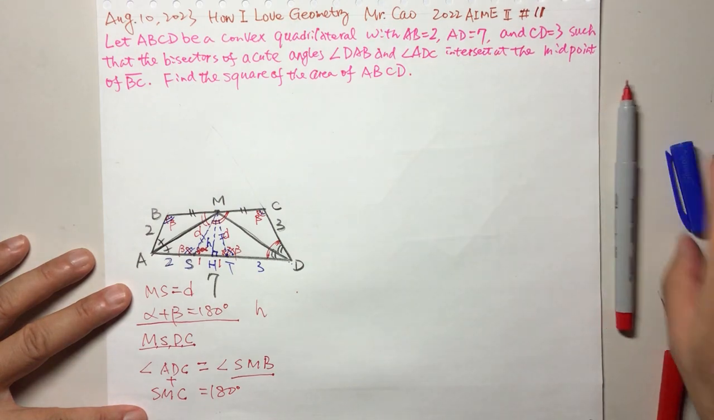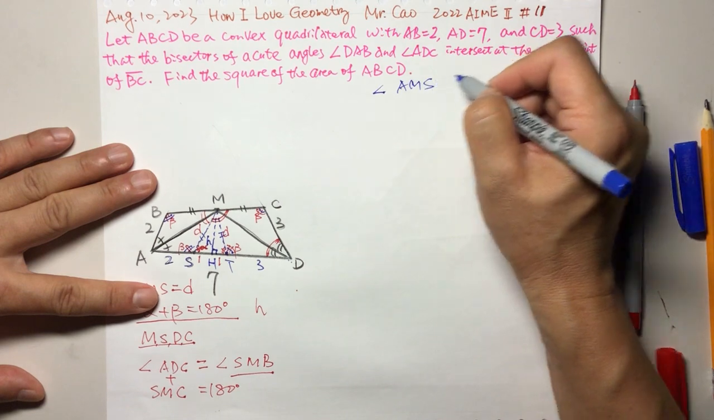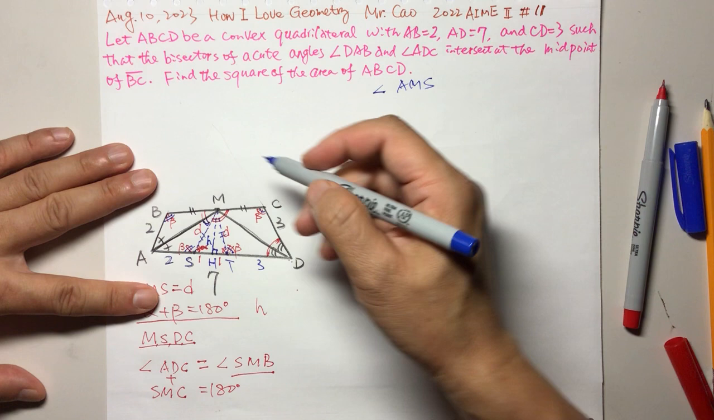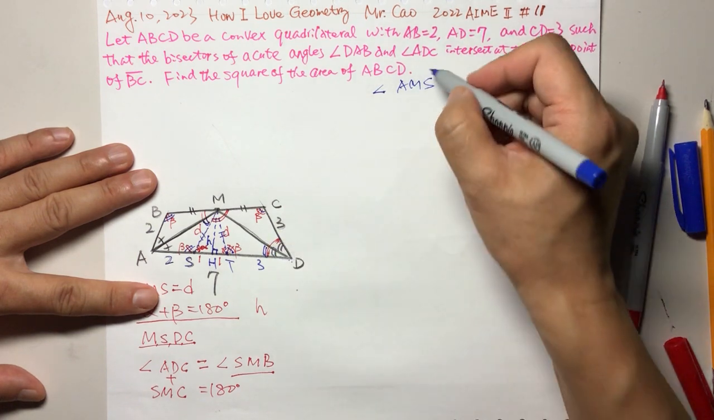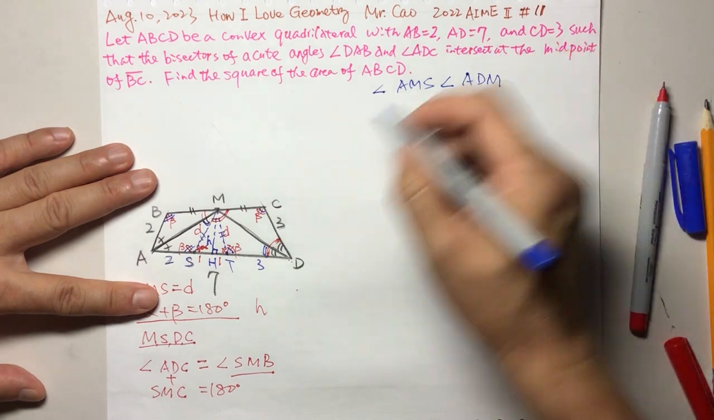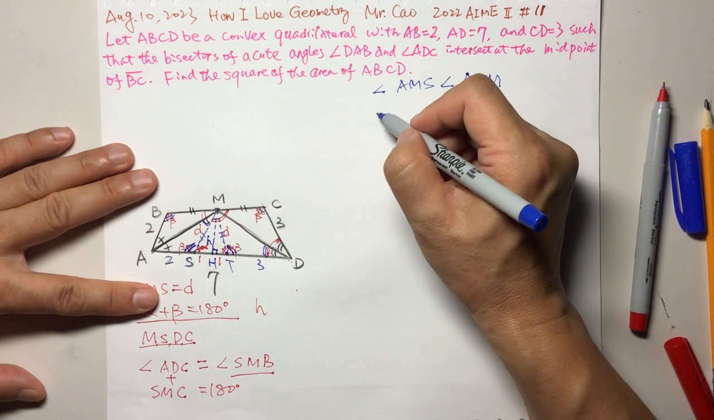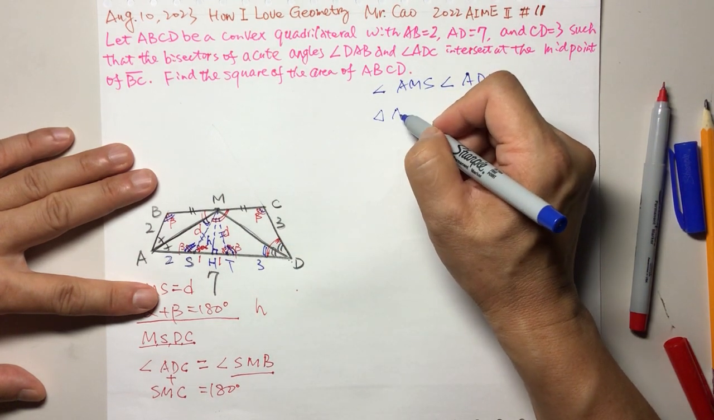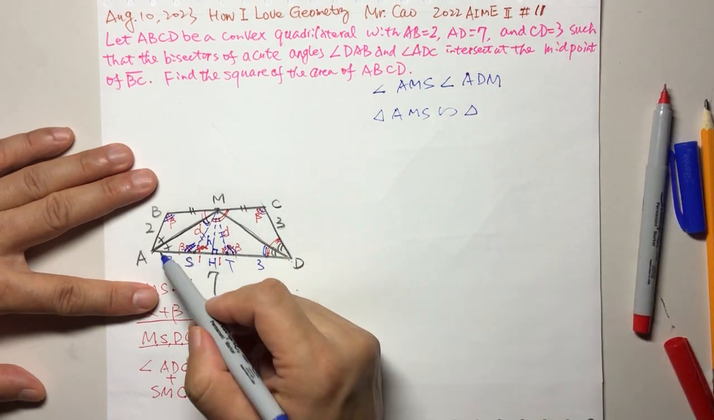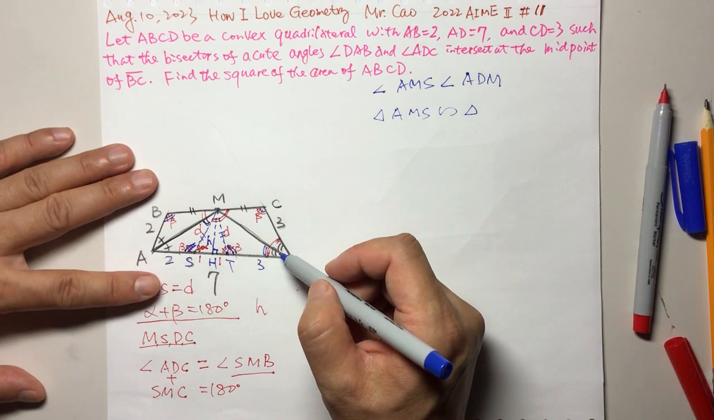We will write down here the angle AMS, this angle congruent to this angle, which one? ADM. And we know this is beta, right? This is beta. So the triangle AMS is similar to the triangle